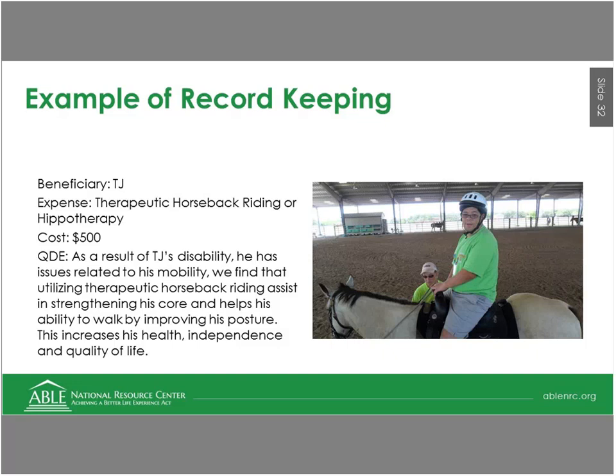And I believe it's every fall, because it's too hot to go horseback riding for him in the summertime and spring down in Texas, he does therapeutic horseback riding, or the technical name is hippotherapy, which isn't necessarily uncommon for people with disabilities, but that is often not covered through Medicaid, right? It can be seen as an arguably unconventional type of therapy. And it can have its cost per lesson, per ride, per therapy session. So TJ saves up money in his ABLE account throughout the year, and I can put money into it.